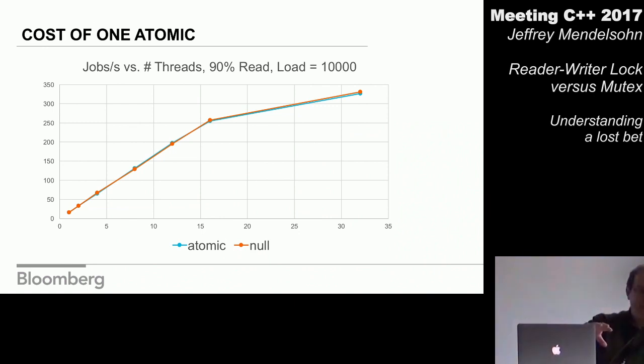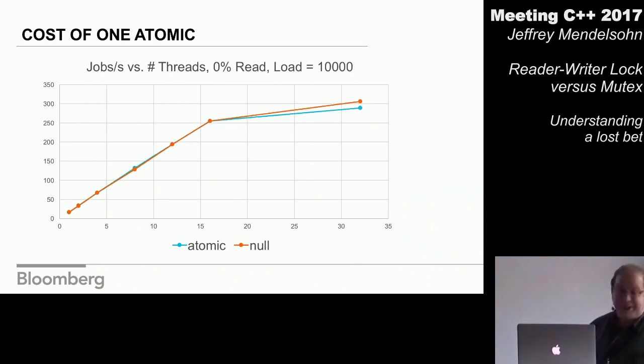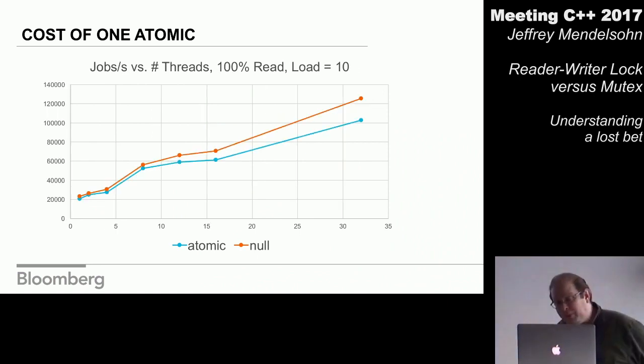This is now doing some writes and some reads. When you do atomic operations, since now it has to move the cache line between the cores, that can slow it down substantially. However, since we're still at that ridiculously high load, we don't see that effect very well. Moving down to all writes, again, we still don't see the effect because the workload is so very high. So again, these 3 graphs show a very long hold time. The next 3 will show a short hold time, and we'll see the effects of the actual atomic operation.